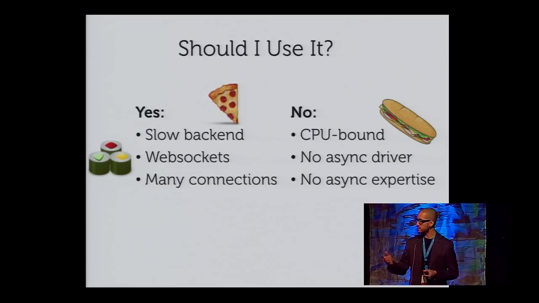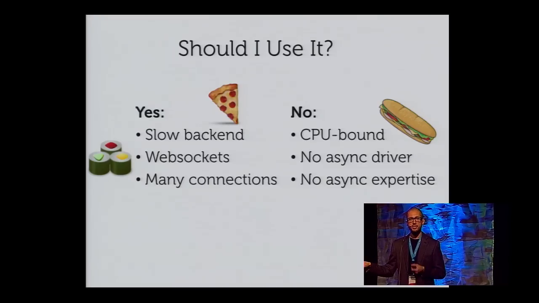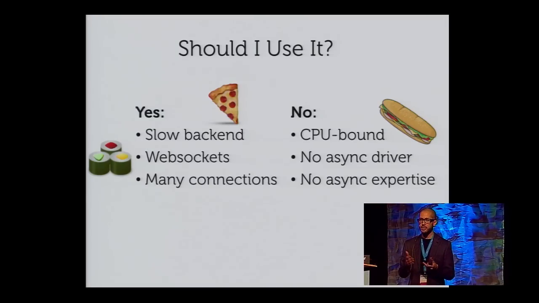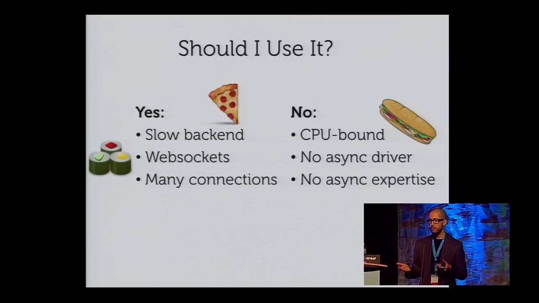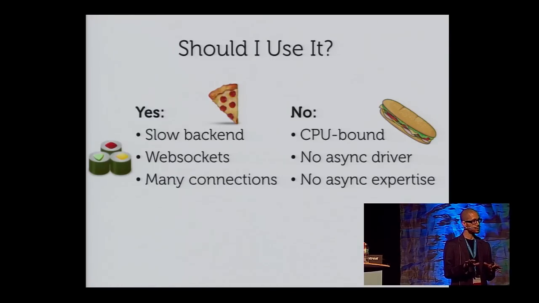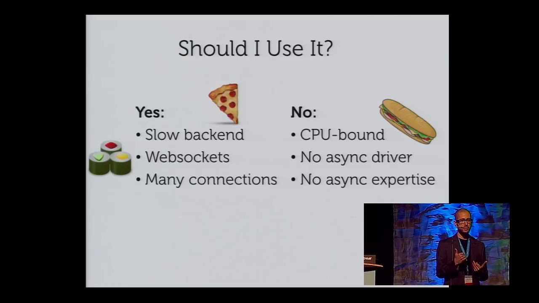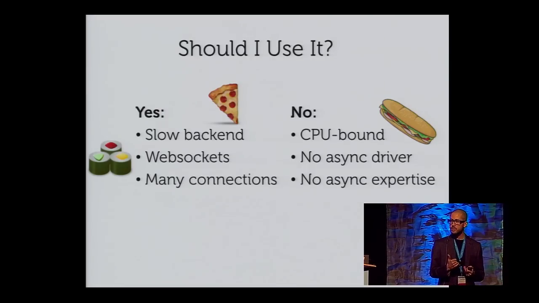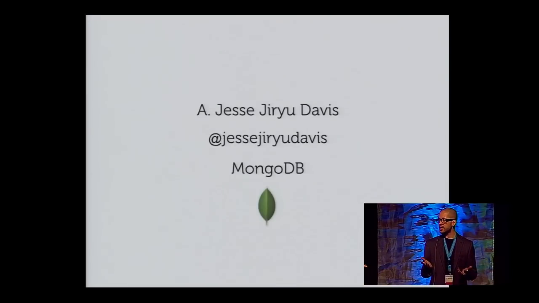And the final thing about this is it doesn't have to be all or nothing. It's very frequent that you have a big, complicated web application with many kinds of tasks. Some of those, like a chat feature, might best be served by an async service, and some other aspect of your stack might be better served by a conventional multi-threaded server. And that's fine. You just mix and match those in separate processes, and you connect to the proper endpoint for the different features. So that's all I have to say.